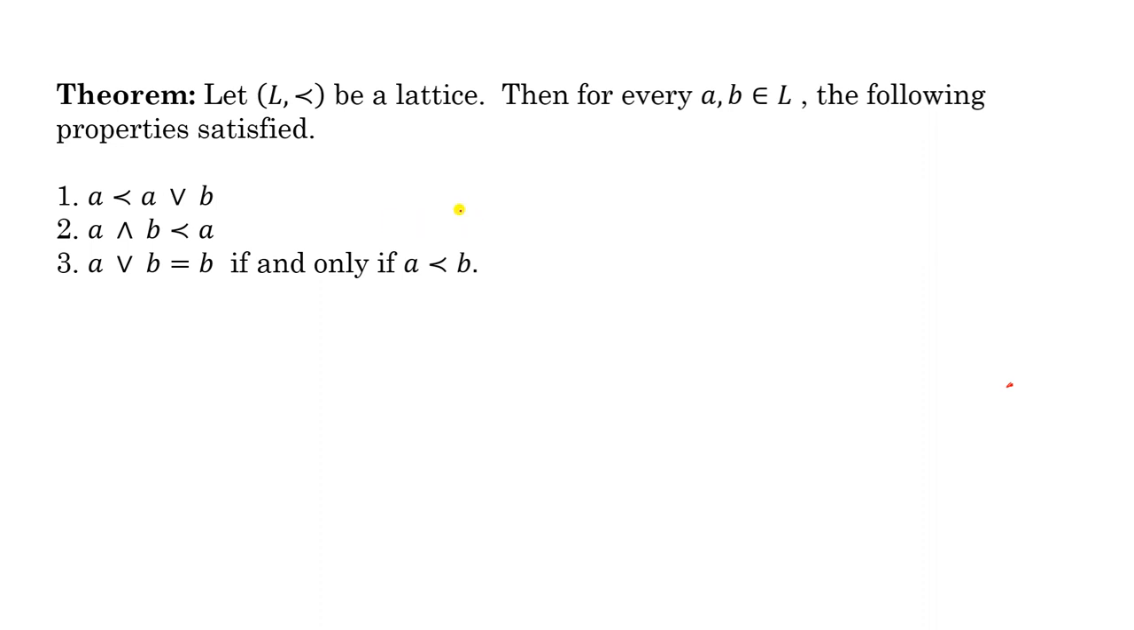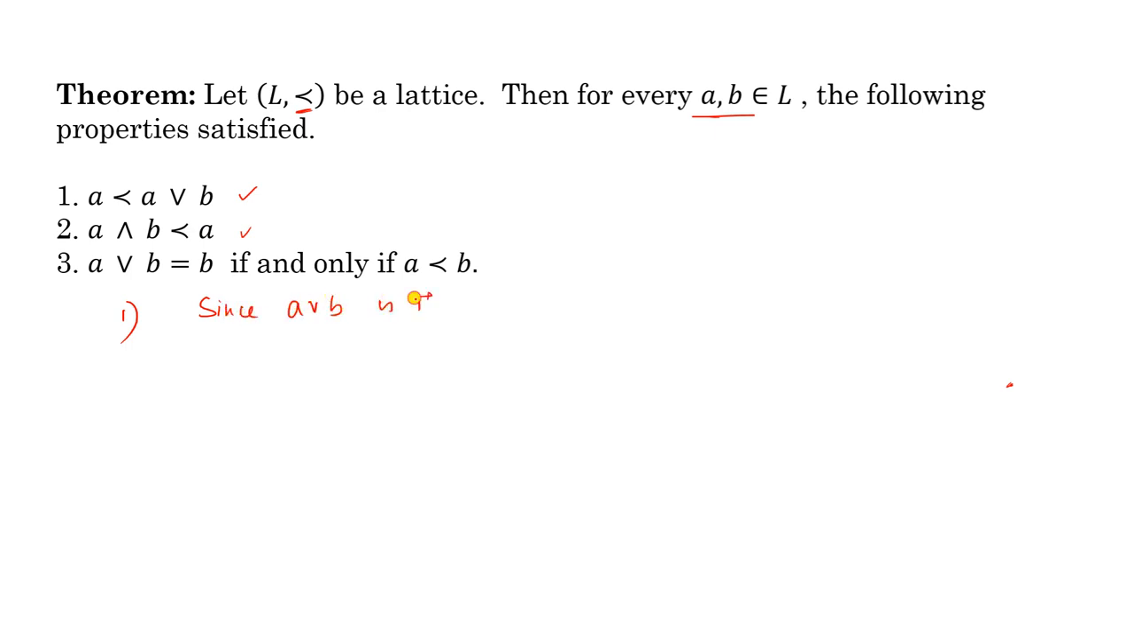Now some results. Suppose L is a lattice, and this is the partial order relation given with L. Let A, B be two elements of L. Then we have to show A precedes A or B. Here A or B means the least upper bound, and A and B means the greatest lower bound, and A and B precedes A. Now look at the first and second ones. These are direct results of the definition. Let's start with the first. We can write, since